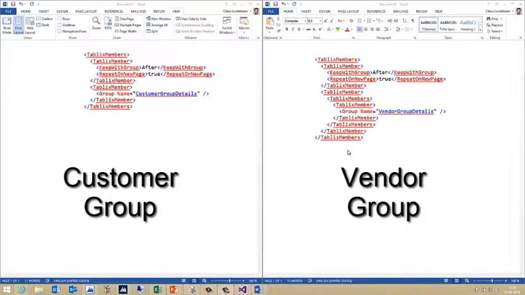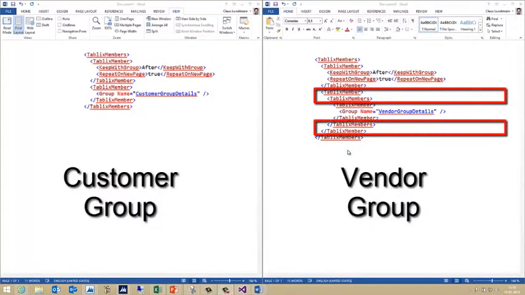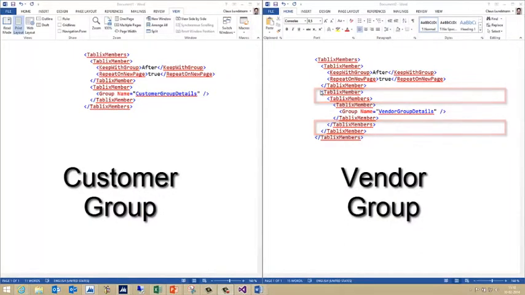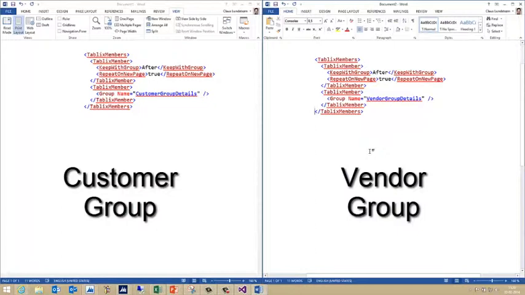So I want to delete a few of these unnecessary tablix members and tablix member tags that are not necessary. So I need to delete these two rows, and then I need to delete these two rows. And then I need to indent out the tablix group member, so it now looks like this. So now my XML looks perfect. This is the way I want it to look. And I'll copy this into the actual XML in Visual Studio, and I'll save my report. So let's do that now.